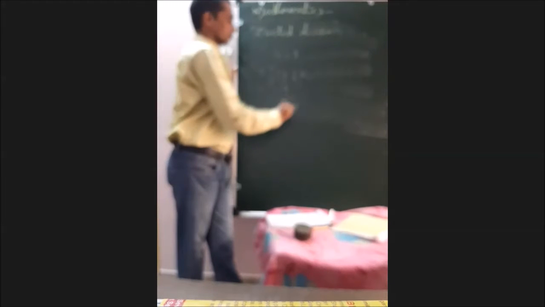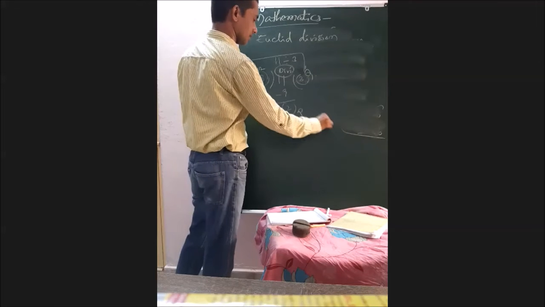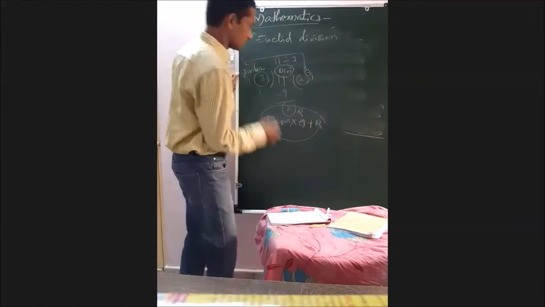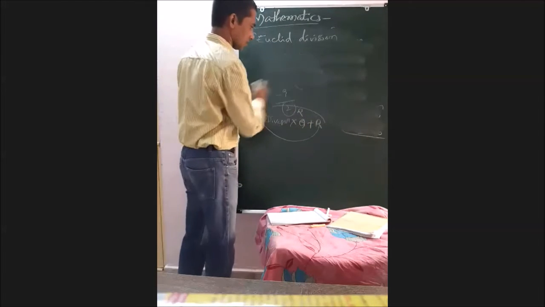Now here, what is 3 called? 3 is the divisor. What is this one? Quotient. This is the dividend, and this is the remainder. If I want the dividend, what do I have to do? Divisor into quotient plus remainder. So what Euclid division lemma tells, taking this basic example,